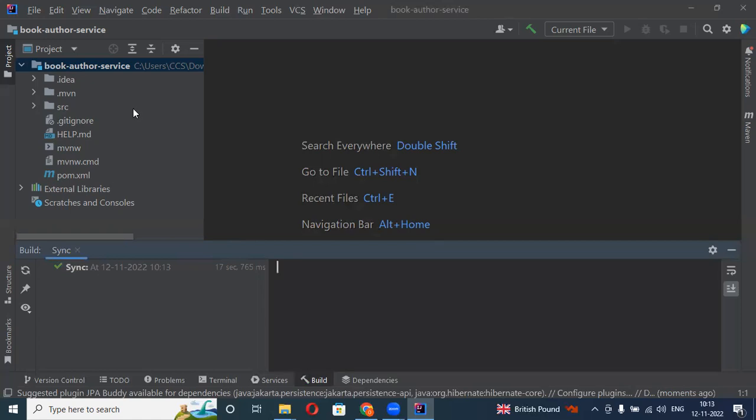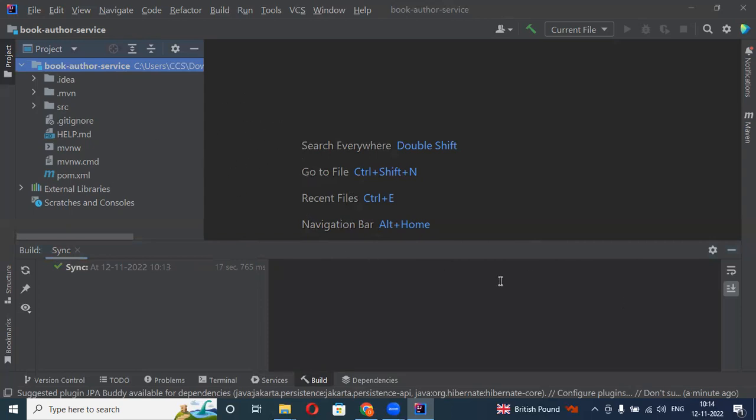So now this is our one microservice, book author service. For the API gateway, the discovery service, the config server, or let's say the order service, you have to repeat the same process again and again for different microservices, and you need to open them in different IntelliJ windows, and each will be building